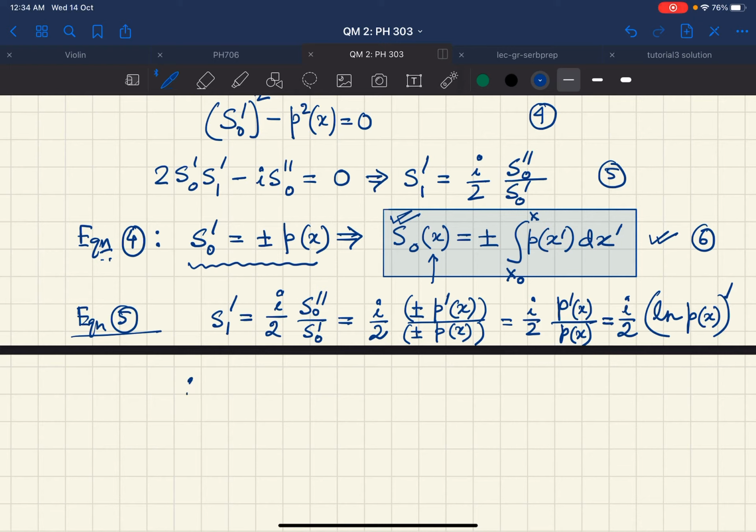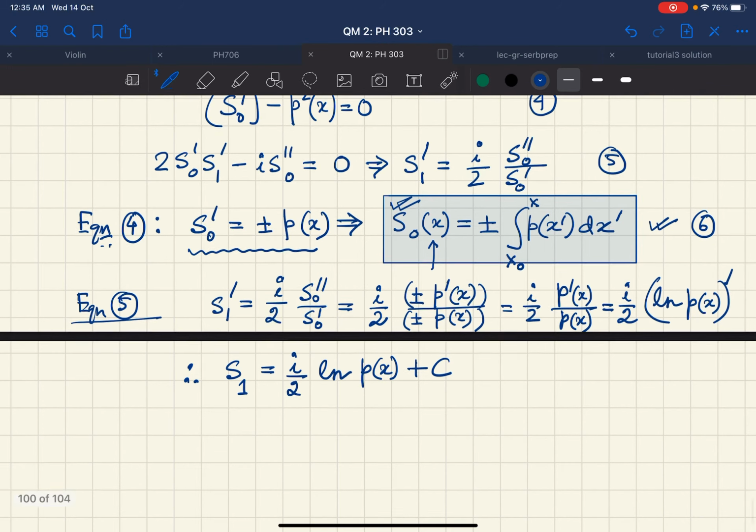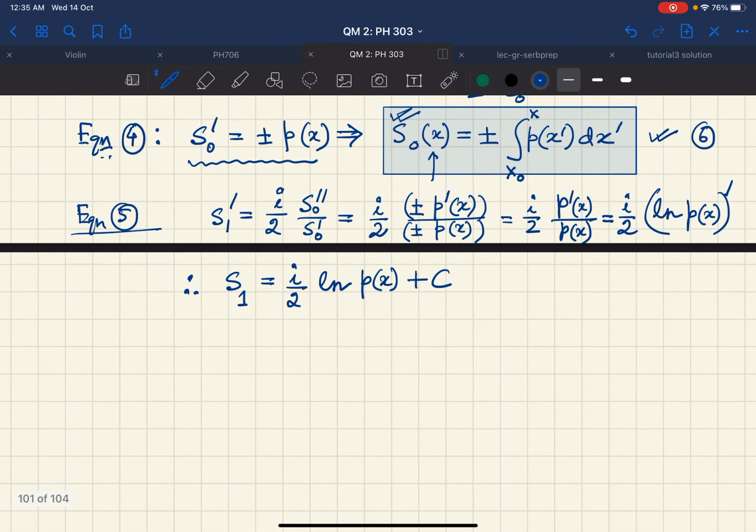So therefore I also have the solution for S1. S1 is nothing but i by 2 log of p(x) plus some constant of integration. So let us now reconstruct the wave function to this order, meaning to this h-bar order of approximation. So remember, to reconstruct,